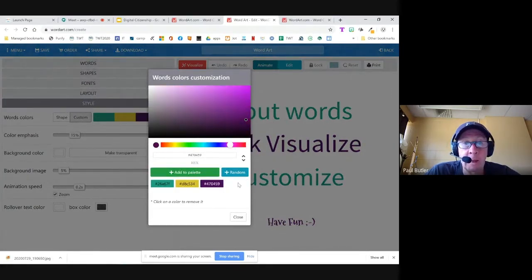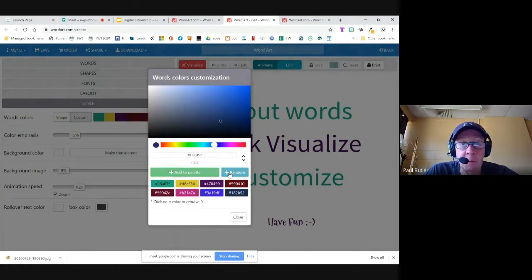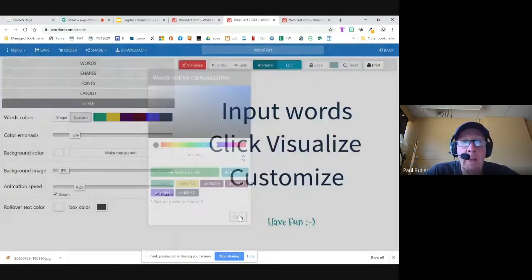And let's delete that one. I want a red one. Add to palette. And there's also random colors too. Okay, so then when you're done, you simply say visualize,